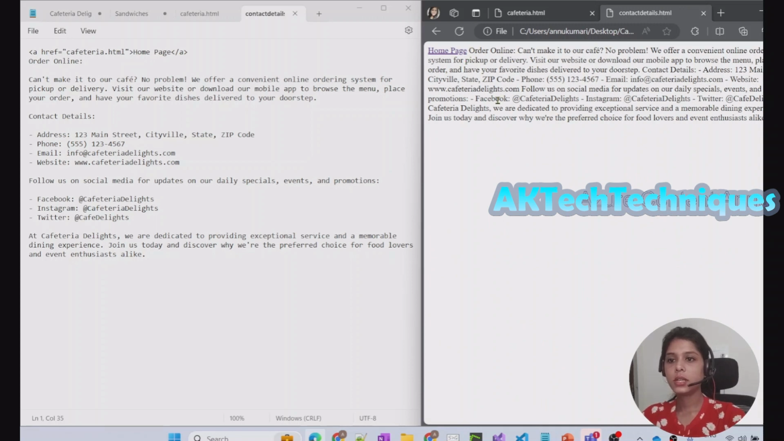But now you can see this is coming as a single paragraph as we have not made any changes in the contact details.html. So we will be doing that. So let me add paragraph tag. So we already know about these tags because we have done it before in the cafeteria web page. And similarly, we'll make this one as separate paragraph, and the contact details,